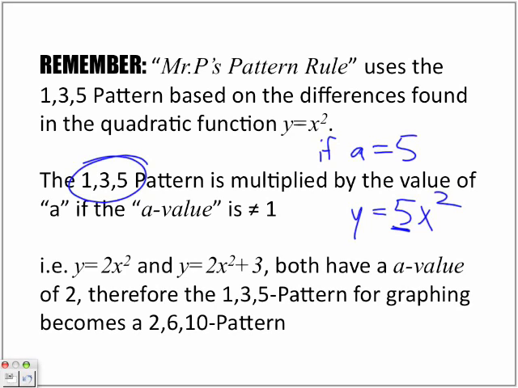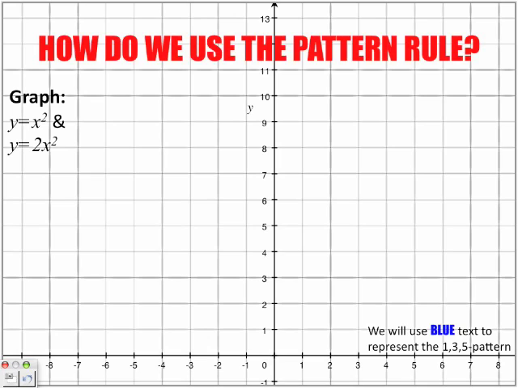So for example, y is equal to 2x squared, and y is equal to 2x squared plus 3. We're going to look at this in the upcoming podcast. Still, it's considered quadratic, but the A value here, both of them are actually 2. Which means the 1, 3, 5 pattern for graphing is no longer going to be a 1, 3, 5 pattern, but a 2, 6, 10. Why? Because we take that 2 and multiply it by 1, 3, 5 to give us 2, 6, 10 when we are graphing. Okay, so how do we